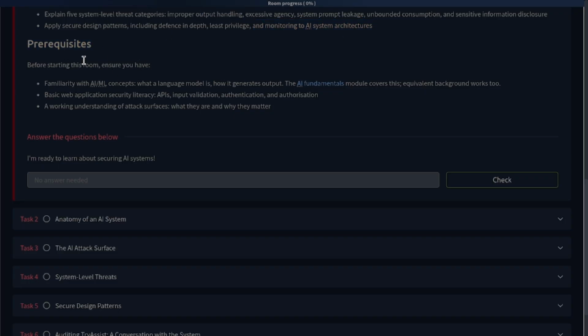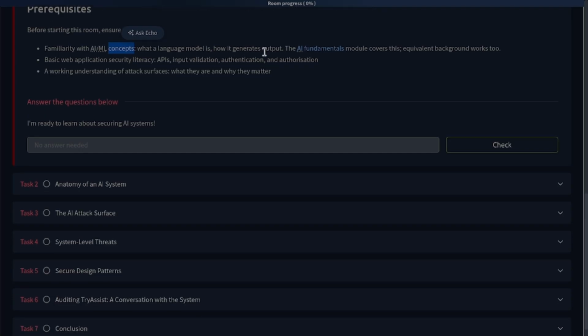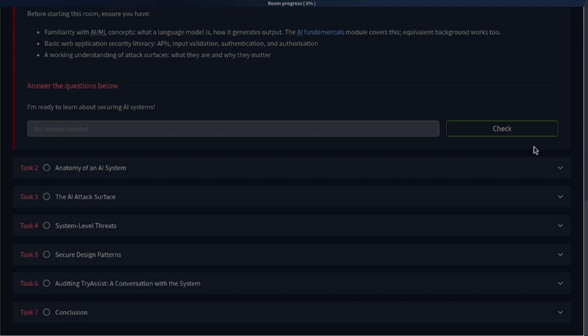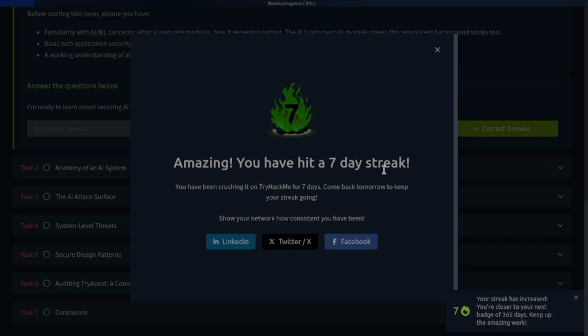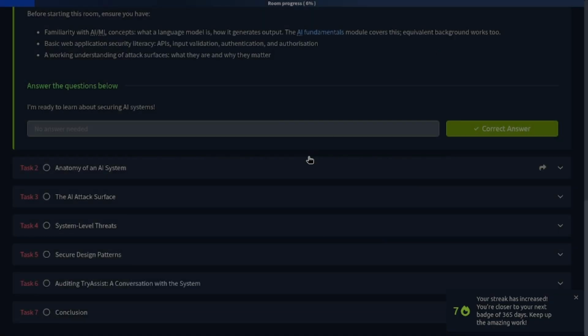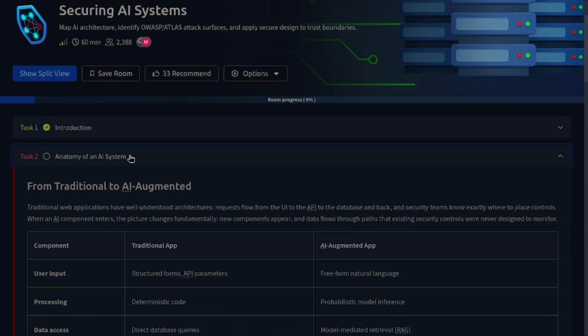There is a pre-recommendation from TryHackMe, as usual, to have familiarity with AI and machine learning concepts, what a language model is, and how it generates output. So you should have a basic understanding of web application security and AI and machine learning concepts. Anyways, I'm going to check this box. Oh, so I hit the 7-day streak as well. And task number 2 over here is